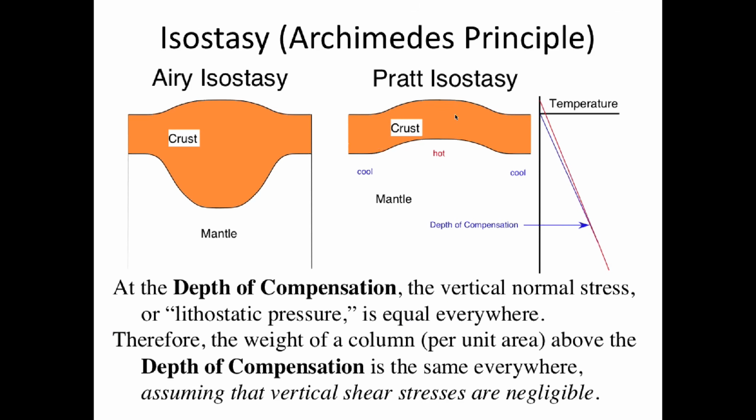Now, the basic idea that underlies this, and I would say is the most fundamental concept we have in all of tectonics and certainly crustal dynamics, is isostasy. It's Archimedes' principle. And there are two variants of this. Airy recognized this in 1855, I think he published this. If you have a high range, you've got to compensate in some way with a less dense material. So in this case, the crust thickens and you have a crustal root.